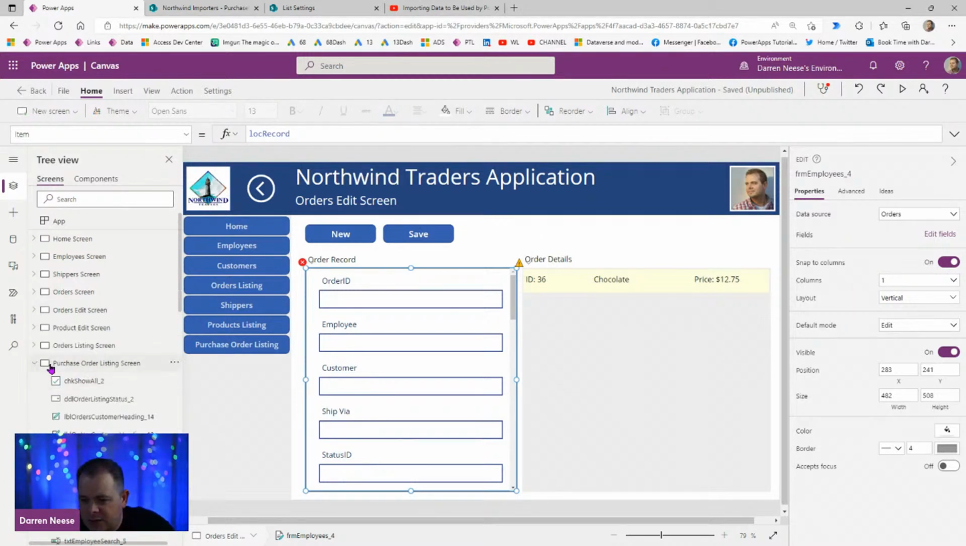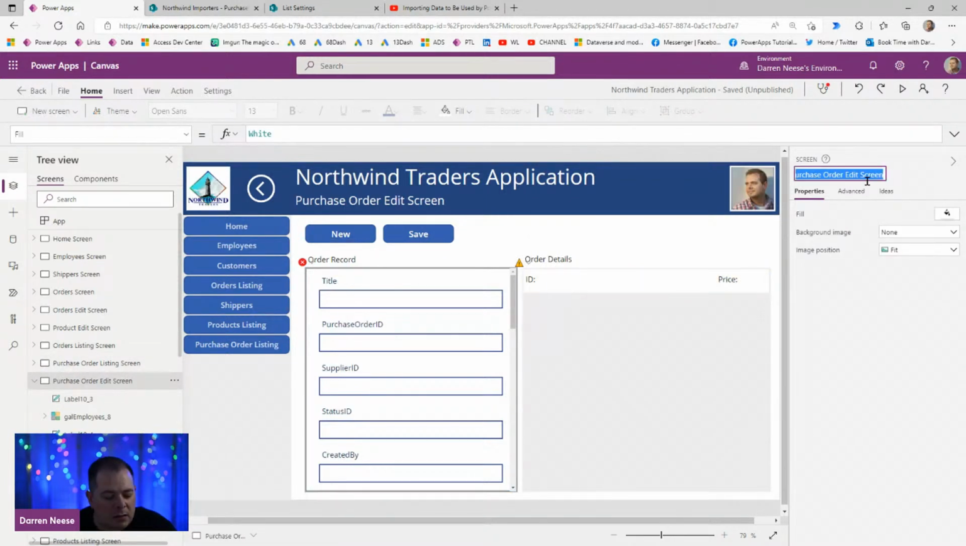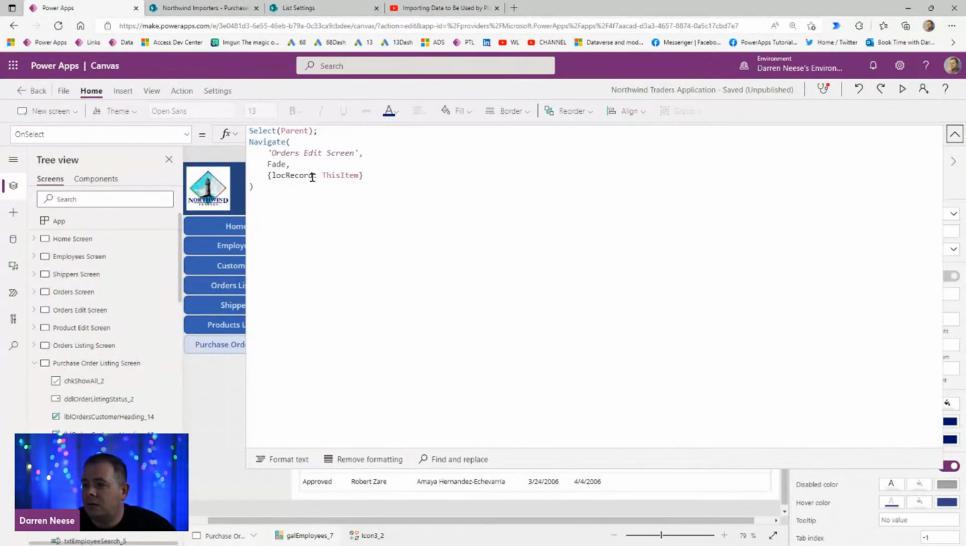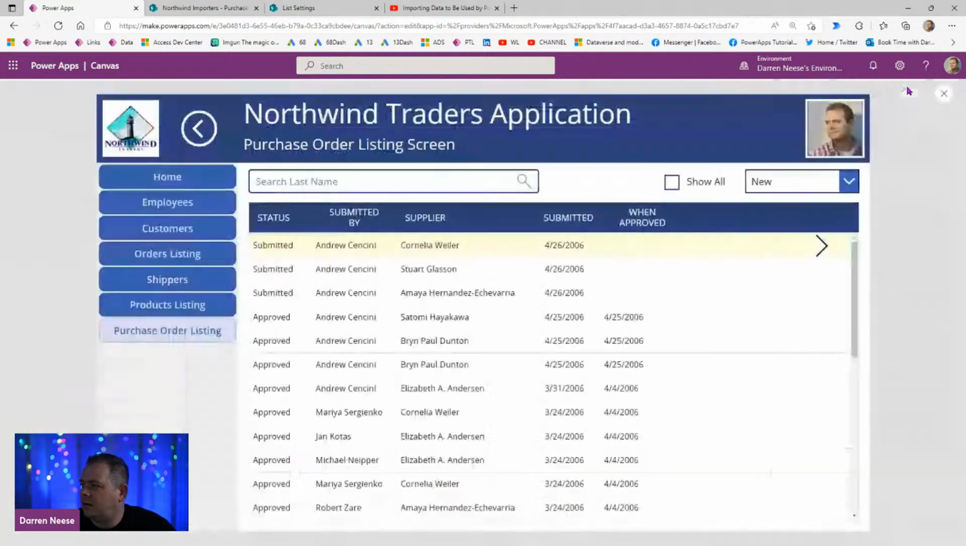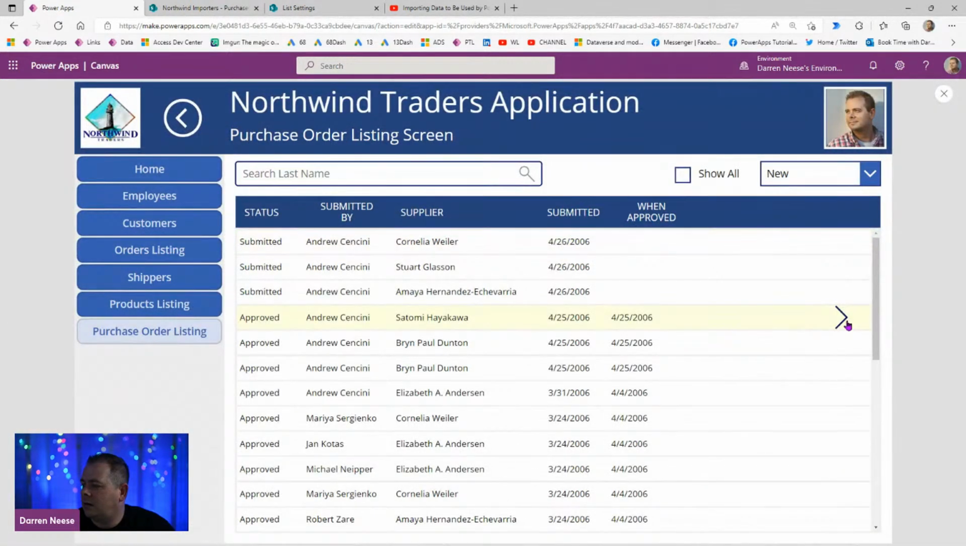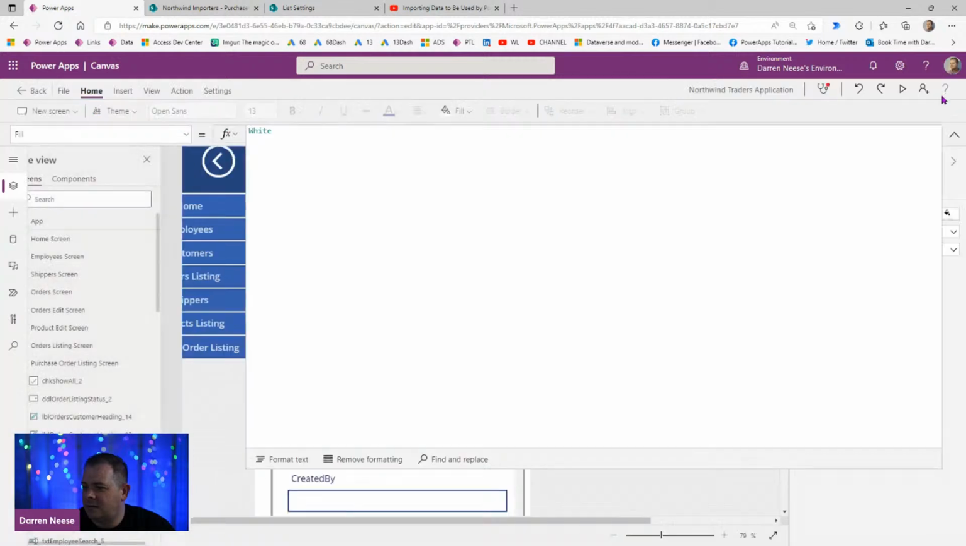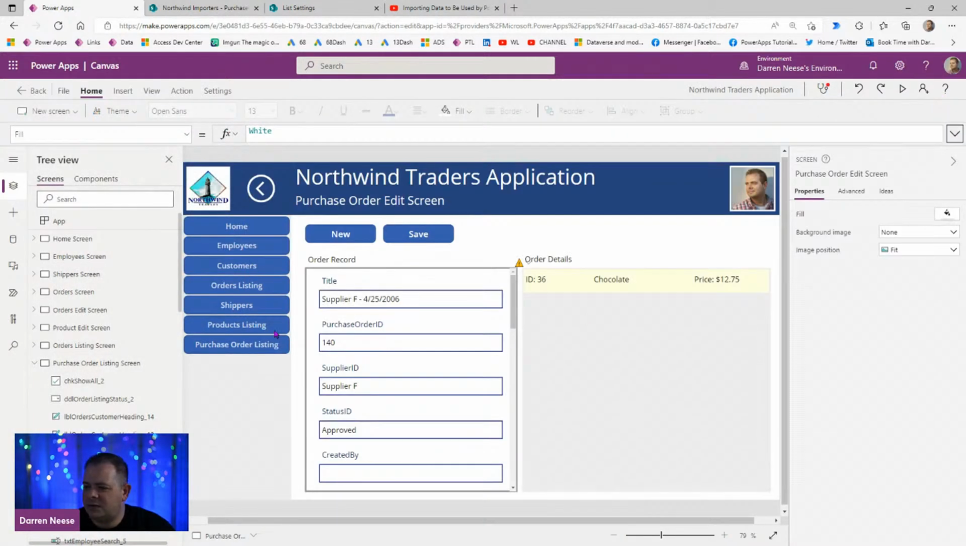So we need to make sure here for this edit screen, we need to grab that. For the listing screen, we need to change the navigate. So I'm going to click on the first record because when you're working with a gallery, you can only edit things within the first row. Okay, so we need to go to this new updated screen. All right, there we go. Very good. So this is pulling up